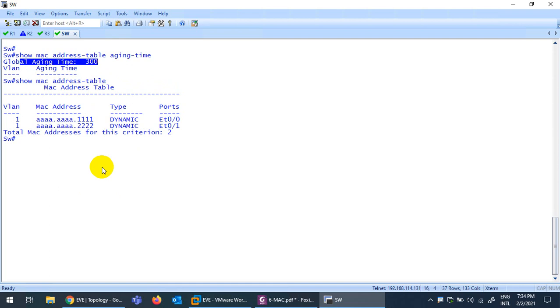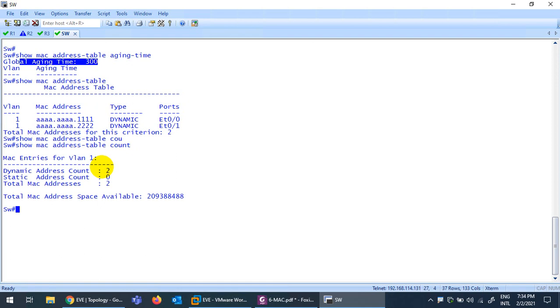Now the question is, why are they keeping this record for only 300 seconds? To give space to other people. If I type this command, show MAC address table count, they say I can keep this much in this small chip. I can keep MAC addresses up to 209388488.